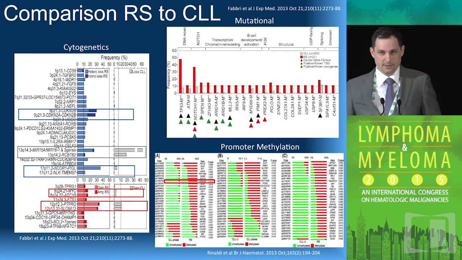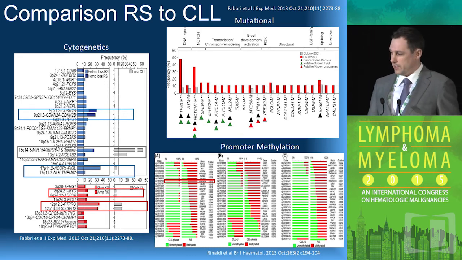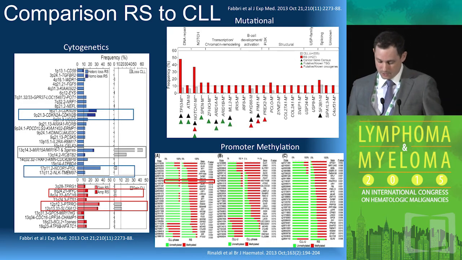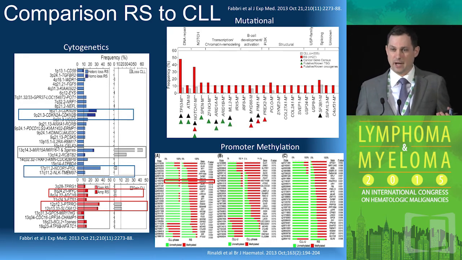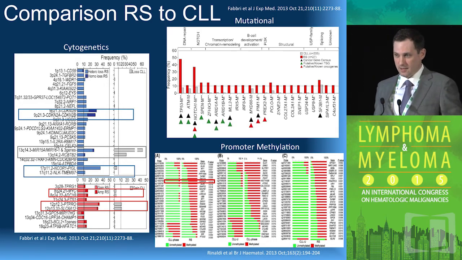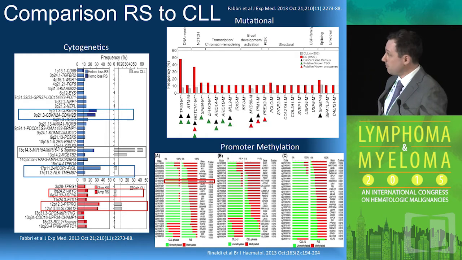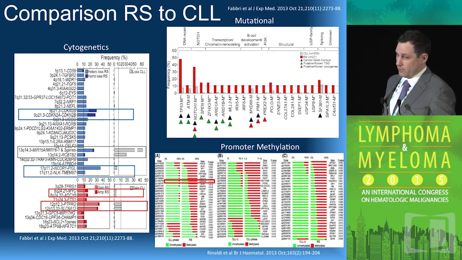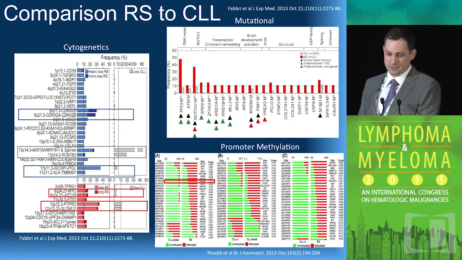So when you look at comparing Richter syndrome to the precedent CLL, our knowledge has really greatly increased over the past couple of years by a few of these very seminal articles that were looking at, basically for the first time, large pairs of CLL phase compared to transformation in lymph node biopsies. And Fabry et al. was able to show with whole exome sequencing as well as copy number alteration analysis several cytogenetic chromosomal abnormalities that seem to be acquired at the time of Richter's transformation.